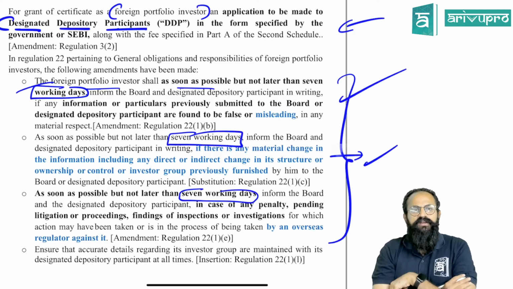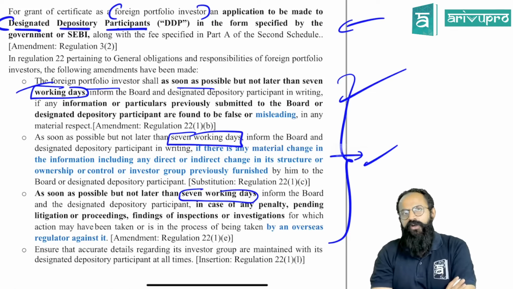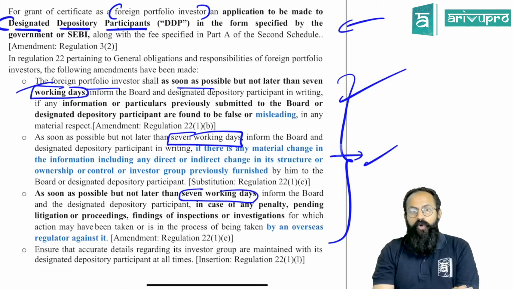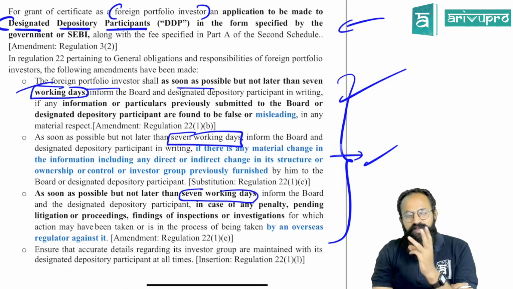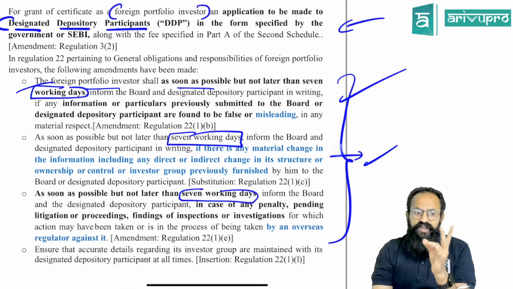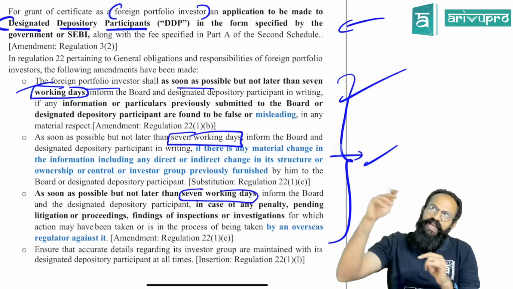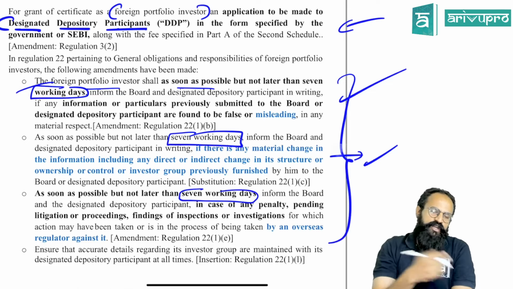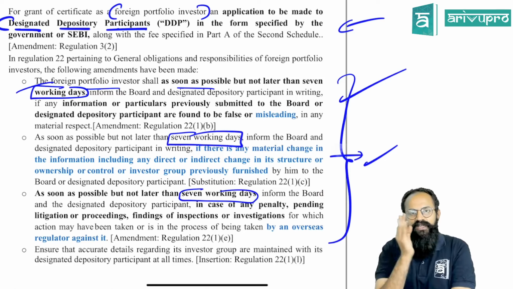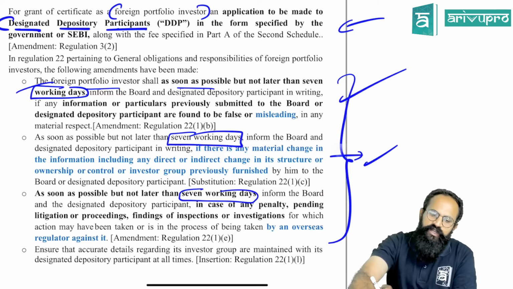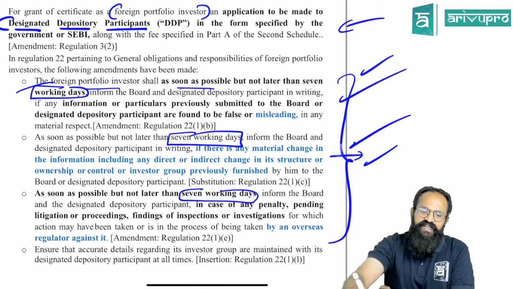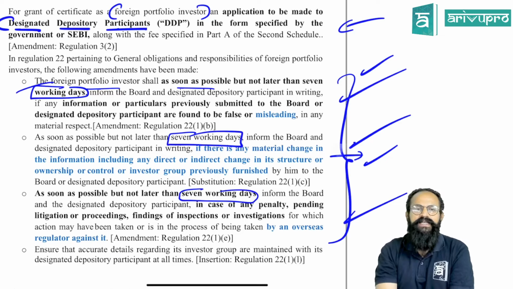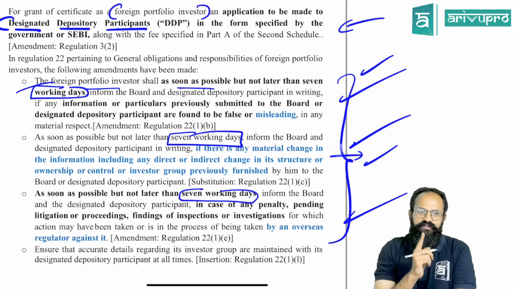The third one, sir. What do you mean by foreign portfolio investor? This person is coming from a country outside India. What if, outside India, there is some investigation going on, or some penalty levied on you? Whenever such actions are taken on you outside India by the overseas regulator, you need to intimate in India within 7 working days. So one is false information, one is material change in information, and one is any action taken like investigation, inspection, penalty, which has to be intimated within 7 working days. Understood?